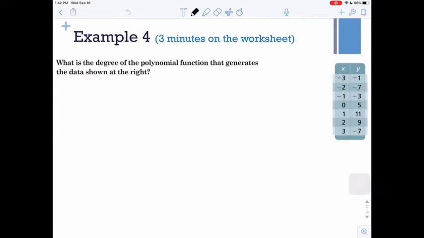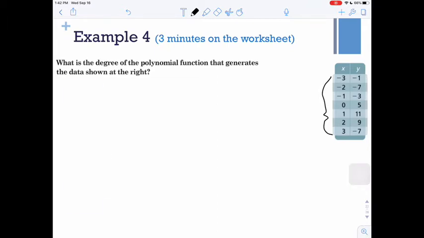The first thing you need to verify is that all of the x values are increasing by the same amount each time. So to get from -3 to -2, I added 1, -2 to -1, I added 1, -1 to 0, I added 1, 0 to 1, I added 1, 1 to 2, I added 1, 2 to 3, I added 1, and so on. If at some point it skips, you have to account for that in your y values. This one's already set up so that they all go up by 1, so we're only going to look at